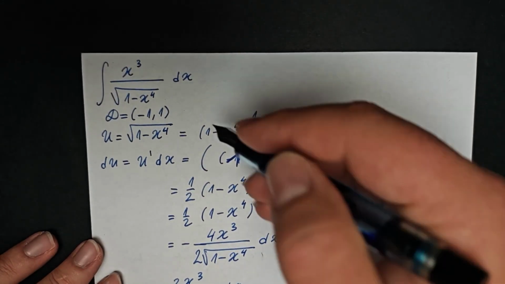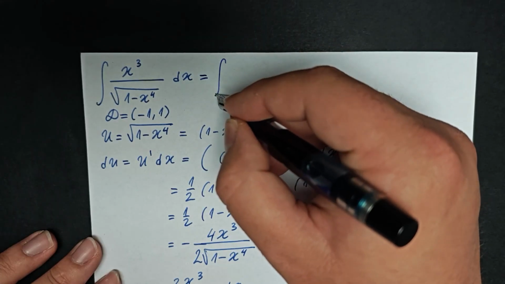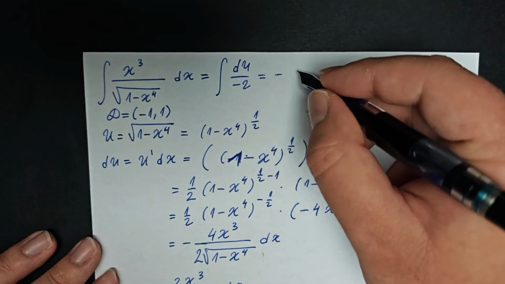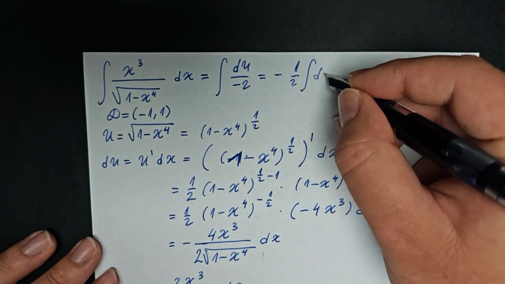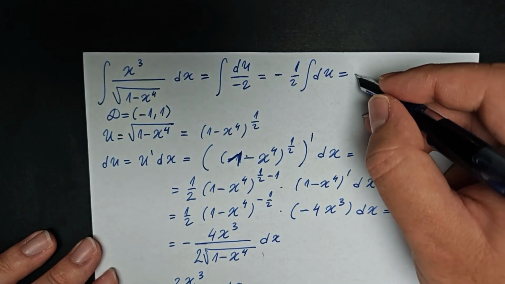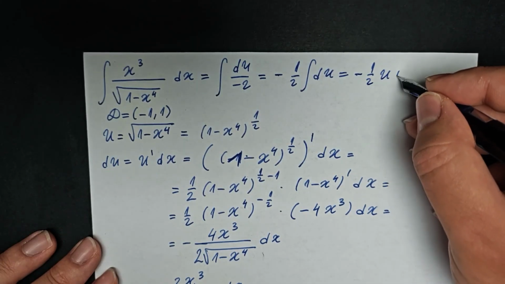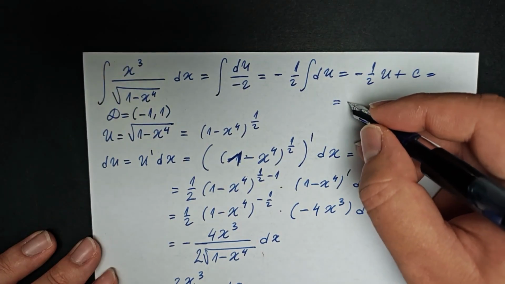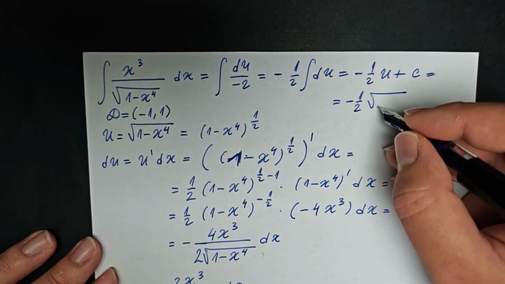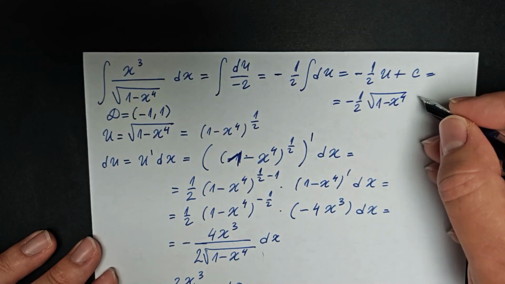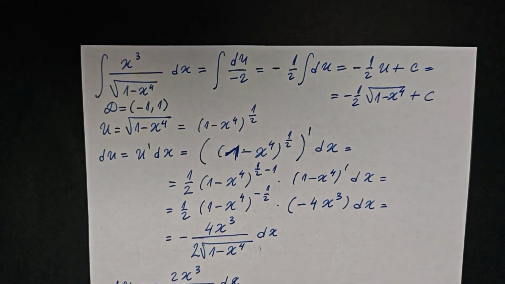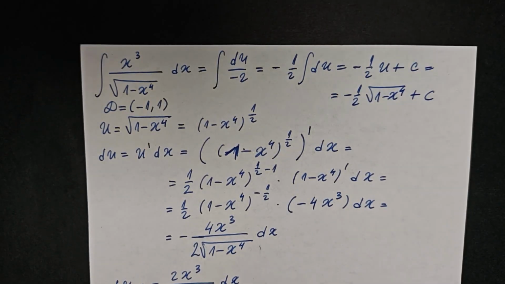And then you would have that this integral becomes an integral of du over negative 2. And that is negative 1/2 integral of du, and that is negative 1/2 u plus a constant c, which is a real number. So this is negative 1/2 square root of 1 minus x to the fourth power plus c. And as I have told you, we have used a different substitution now, and still we got the